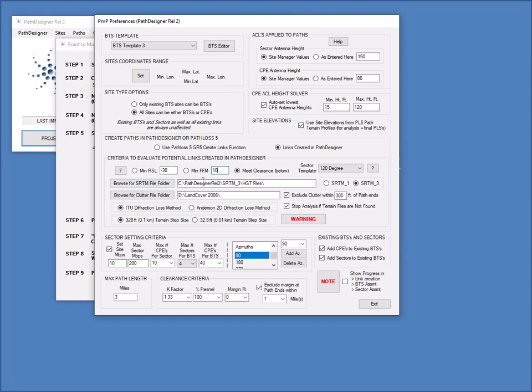have to point it at the terrain files and the clutter files. So these are the folders. And currently Path Designer supports SRTM terrain files and the USGS land cover data files. We can exclude clutter within a given distance of the path ends. We can stop if we don't find the files, and we can choose the diffraction method we want, either ITU